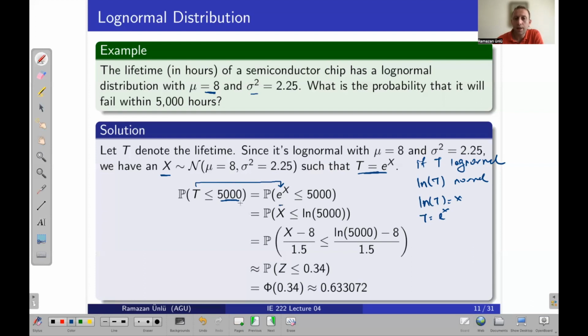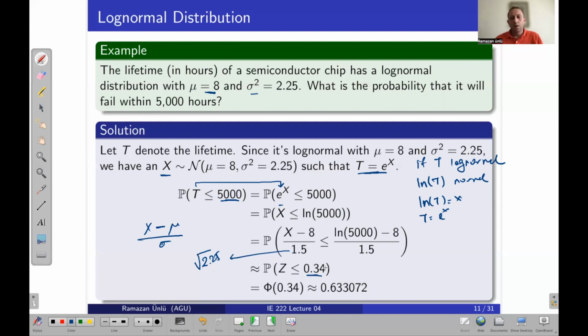We know that x is normally distributed with the given parameters, so we can standardize: x minus mu divided by sigma. So x minus 8 divided by 1.5, which is the square root of 2.25. We also standardize ln of 5,000 minus 8 divided by 1.5, and that will give us the probability that z will be less than or equal to